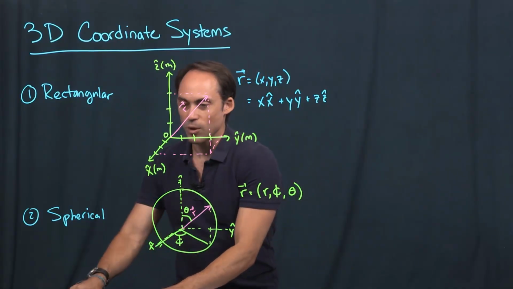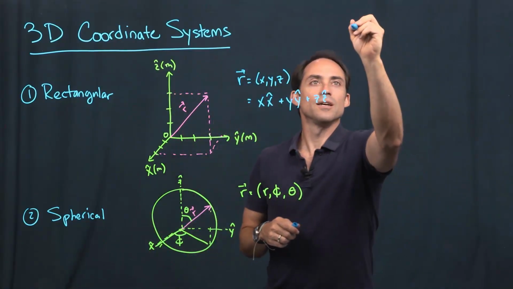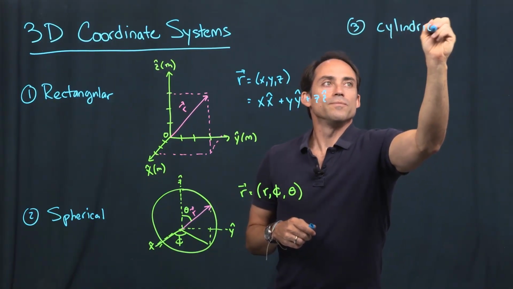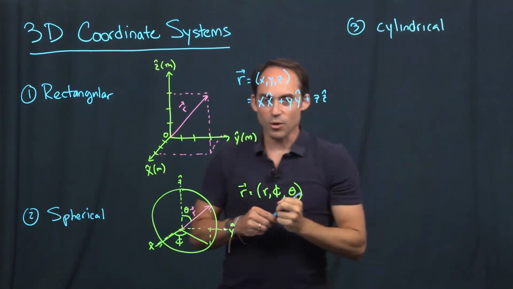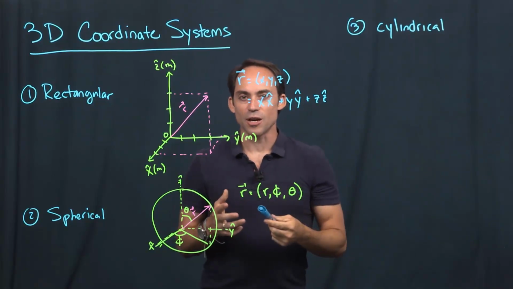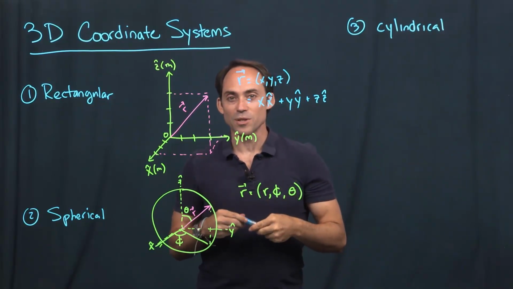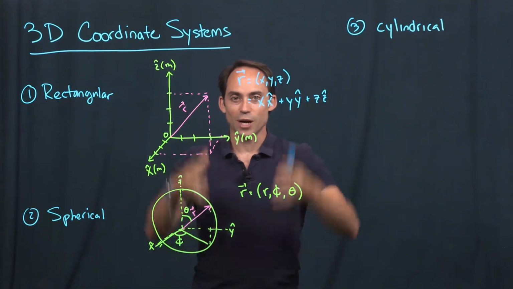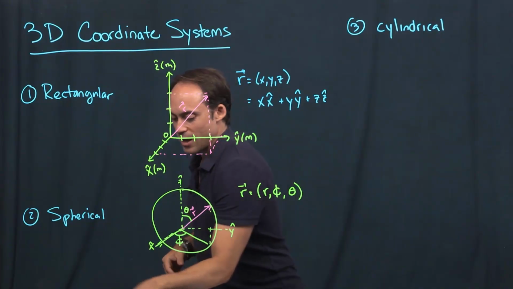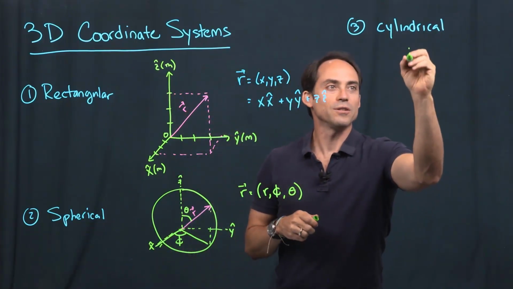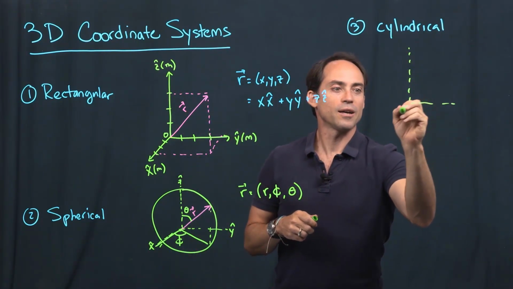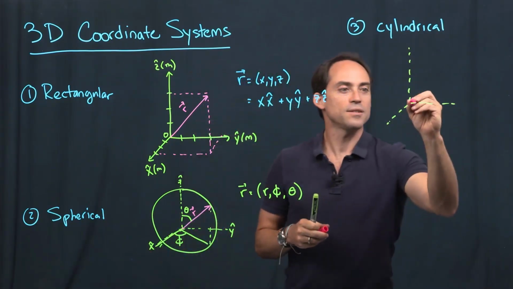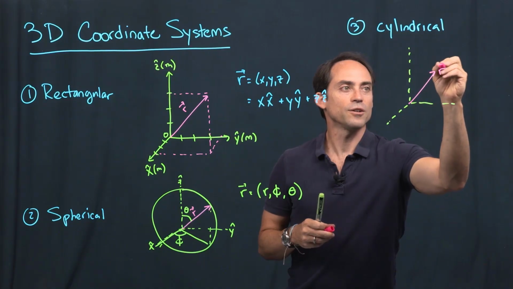Now, the third coordinate system that's commonly used is called the cylindrical coordinate system. And this coordinate system is a combination of the z from the rectangular coordinate system and our polar coordinates. It's kind of literally a projection of polar coordinates straight up vertically. So if I, again, draw for reference my x, y, z coordinates, in this case, our r vector here